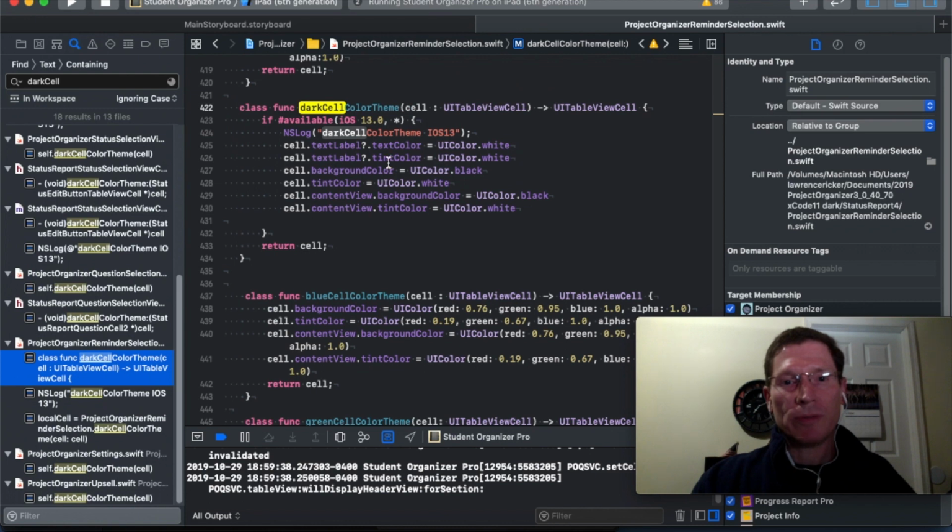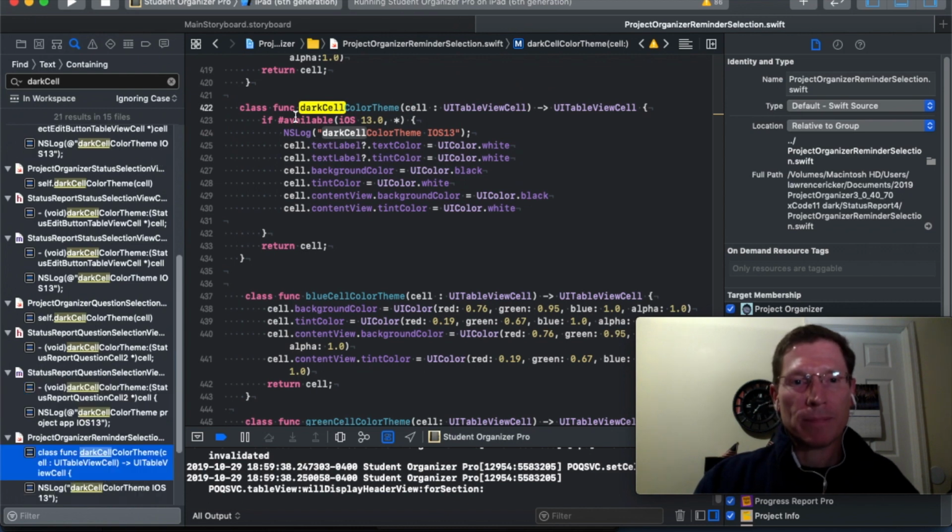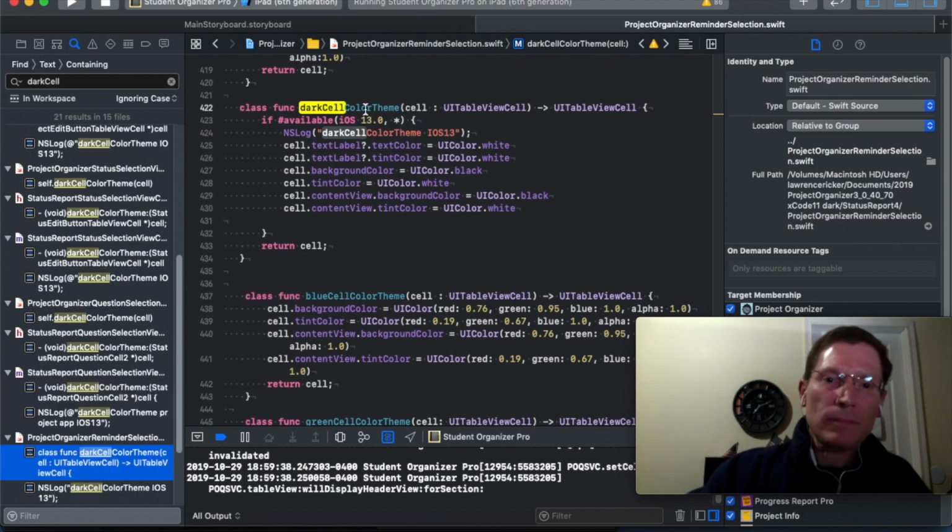Okay, so this is Swift code. Does the same thing. Looks a little different. And in this one, I'm setting the dark color theme on the cell. And this is a non-custom cell, so I'm just going to set the text label. So I'll just access the cell and then go direct to the text label,